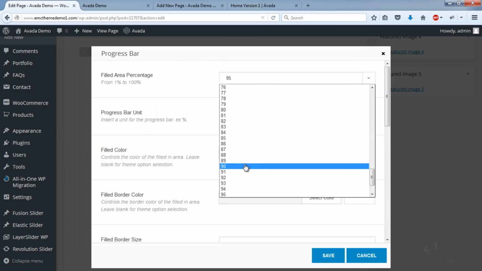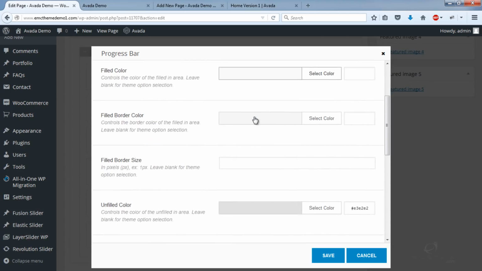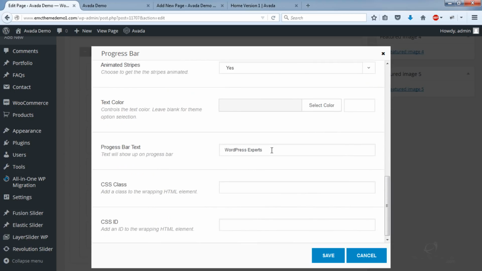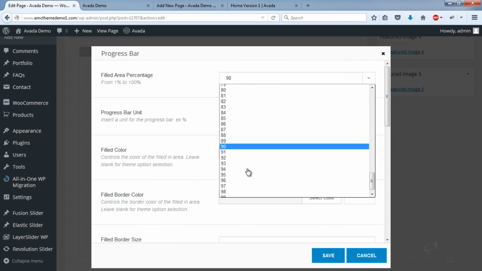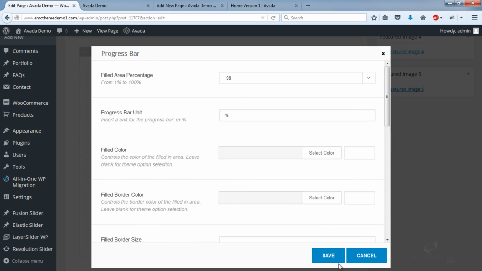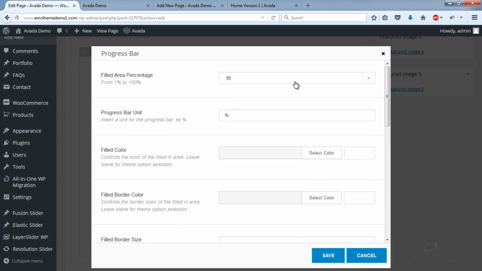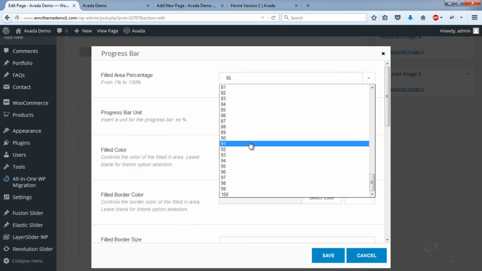So maybe it's percentage, and it's probably only the percentage and the text, actually, to be honest. And do that for each one. So as you can see, we're not wasting any time here.